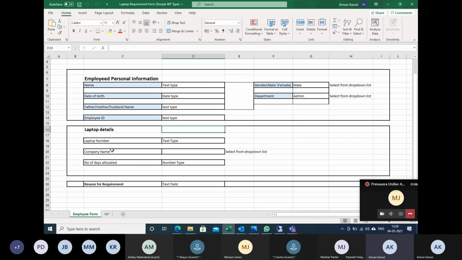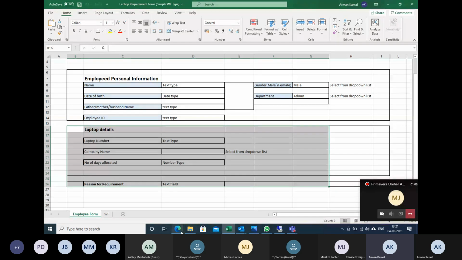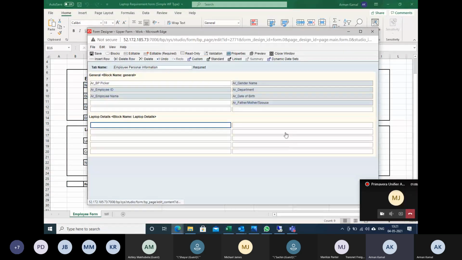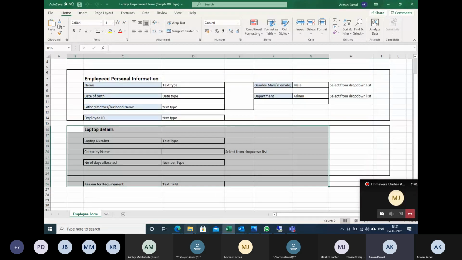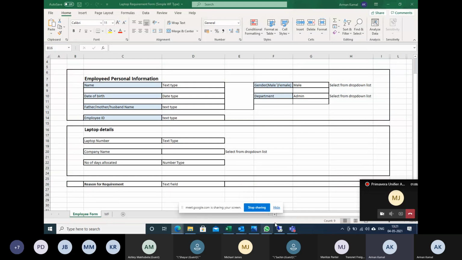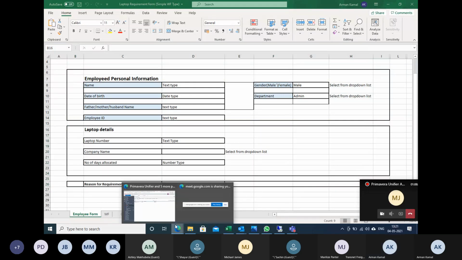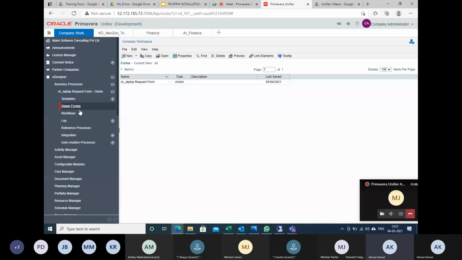So let me create it now. Since these fields have not been created previously, I will simply go and create them. Don't worry, all your changes are being saved now, and this particular thing I will keep as it is, not an issue.